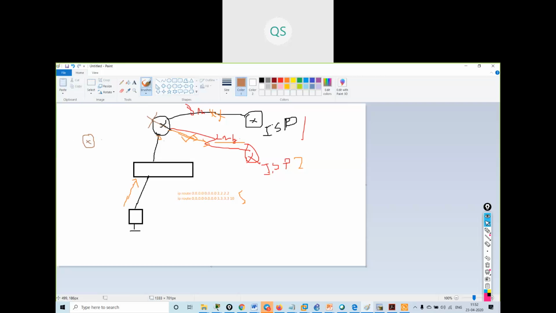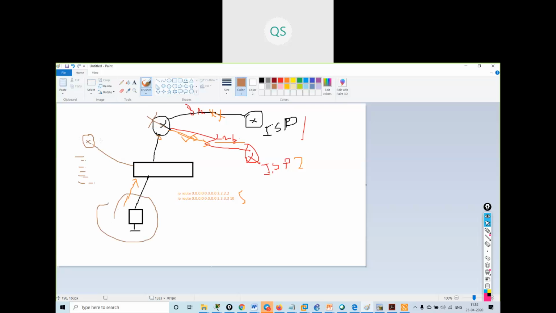What I will do, I will remove this router from here and I will connect one more router, and I have to configure all the things, the access list, whatever were configured, all the configuration I have to load on here, and it will take some time. Till that time, these users will not get the access to the internet.